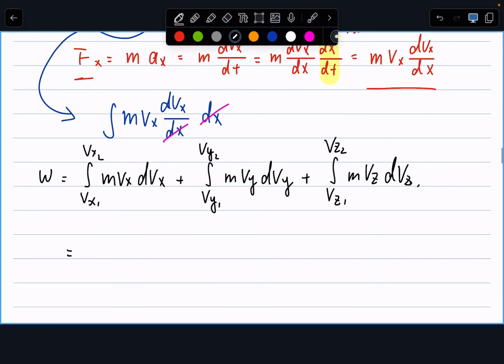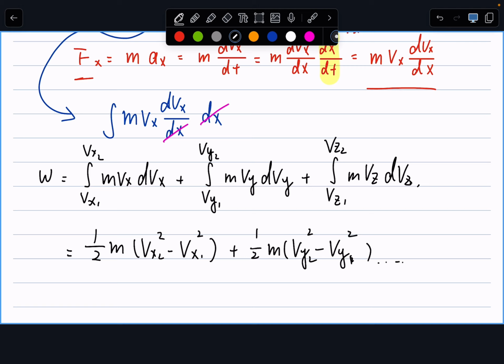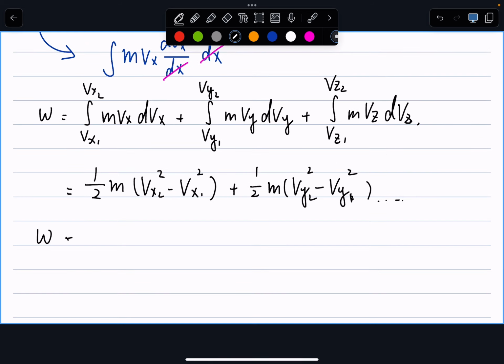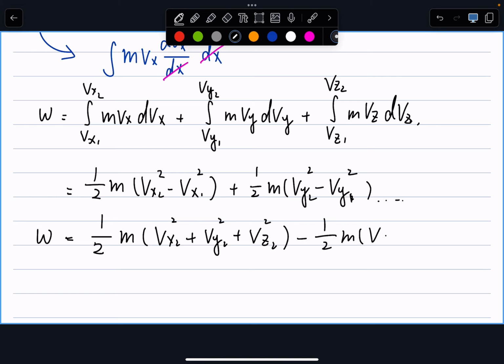And then you can solve it as 1/2 m Vx2 squared minus Vx1 squared plus 1/2 m Vy2 squared minus Vy1 squared, etc., etc. And later on, after simplification, we get work equals to 1/2 m (Vx2 squared plus Vy2 squared plus Vz2 squared) minus 1/2 m (Vx1 squared plus Vy1 squared